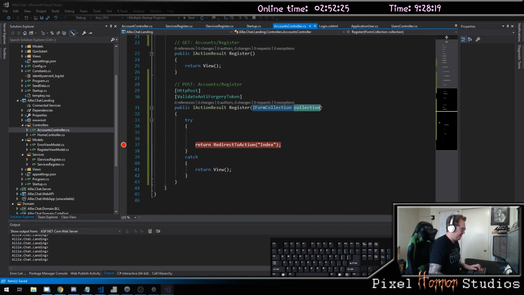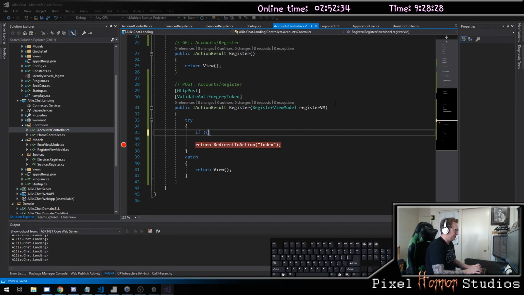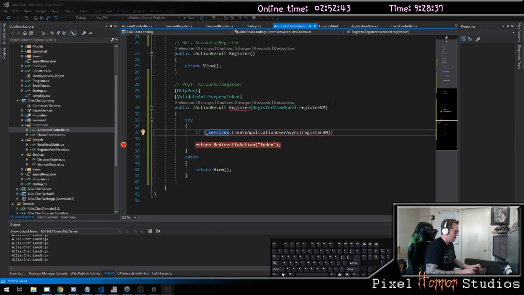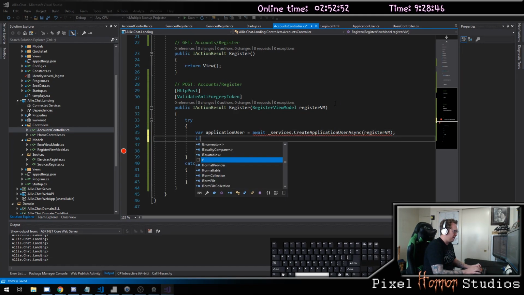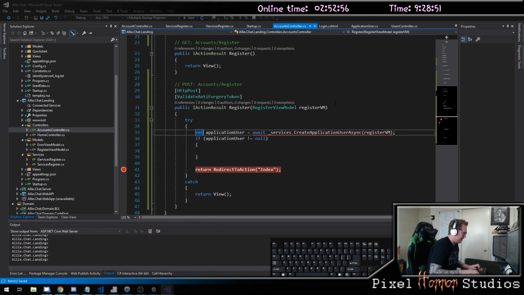And this one should be a register view model. And we're going to say if my services.CreateApplicationUser of my register VM, like that. And then if my application user does not equal null,